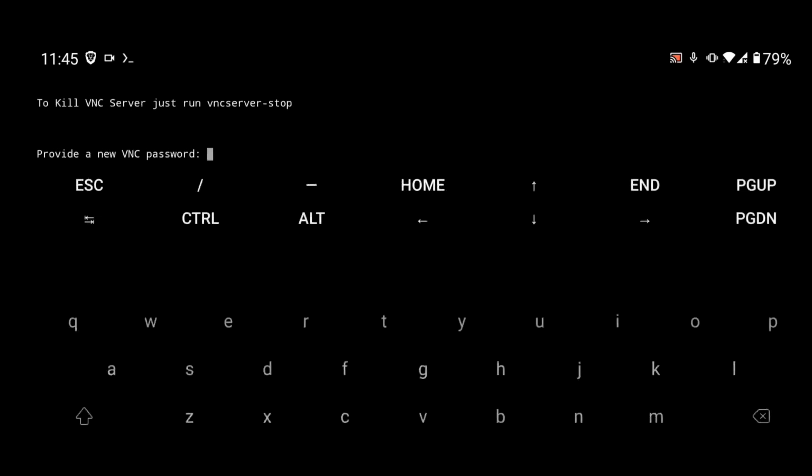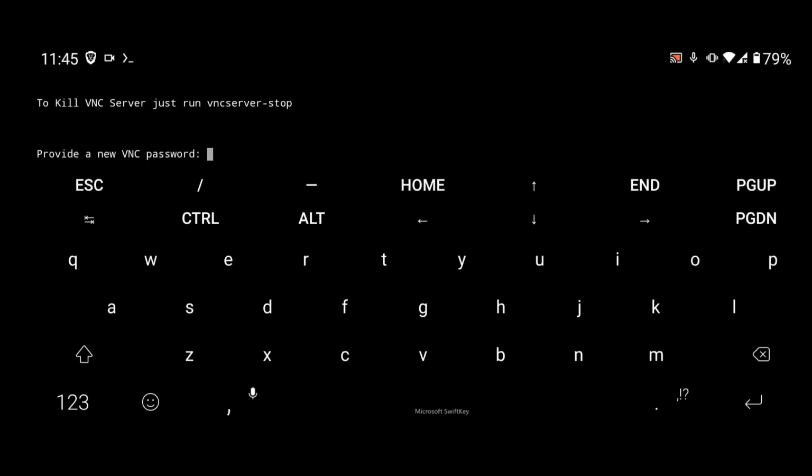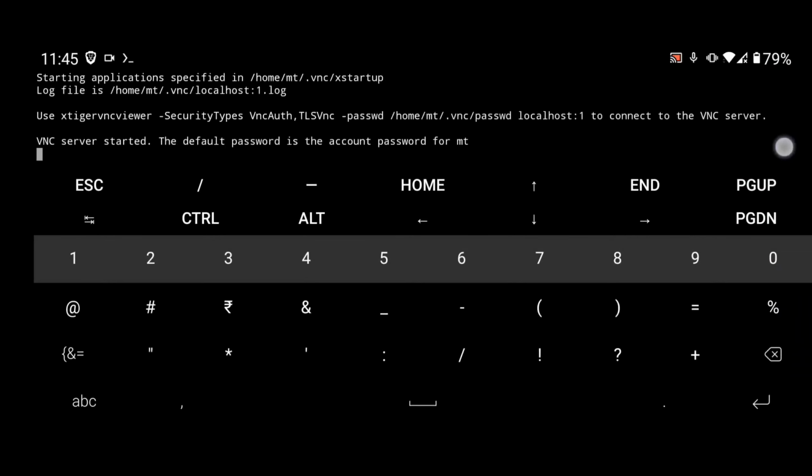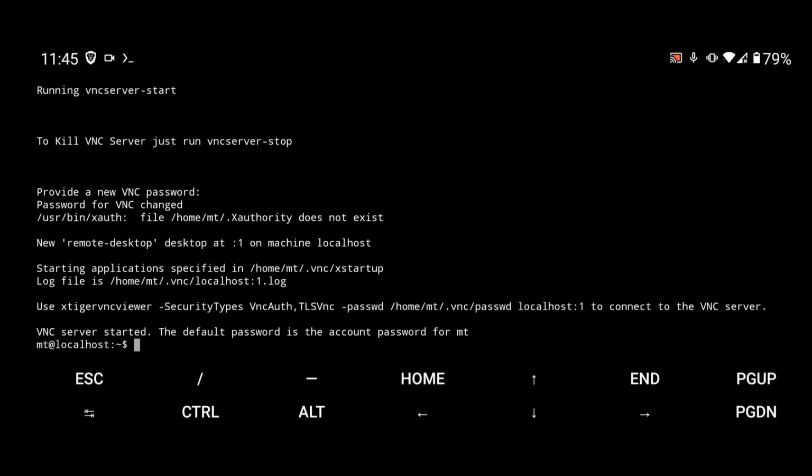That's it guys. It is asking for a VNC password, so put your password here, press enter, and you can now use localhost.